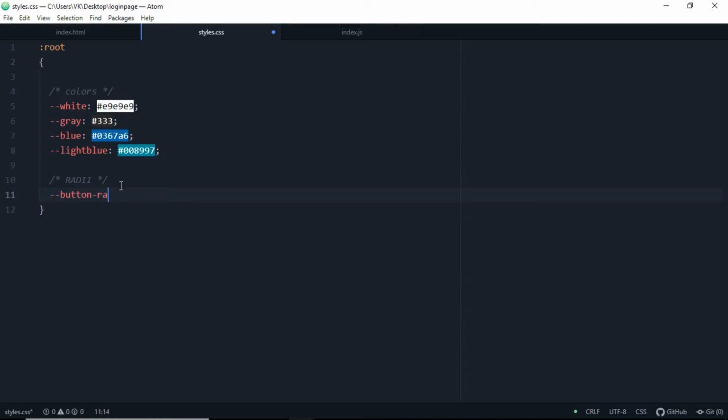So we are declaring another variable here which is button-radius, which will be the border radius of our button, that is 0.7rem. We're writing another comment, that is sizes, and we're declaring another variable for max height and max width. So first we'll write max width, and the max width will be 758 pixels, and the max height will be, so this makes our work easier for the whole CSS style sheet, 420 pixels.